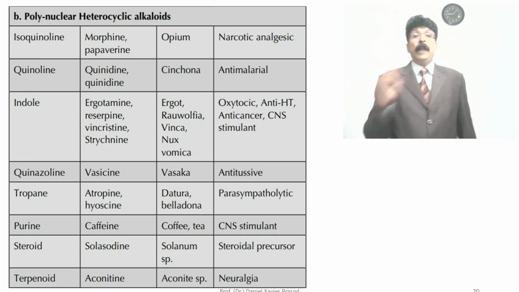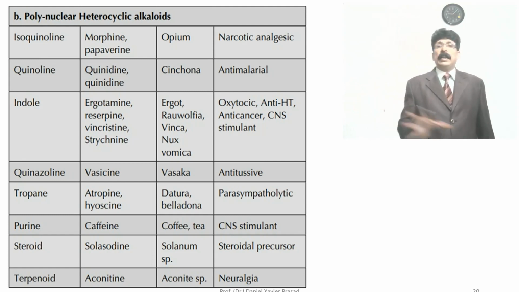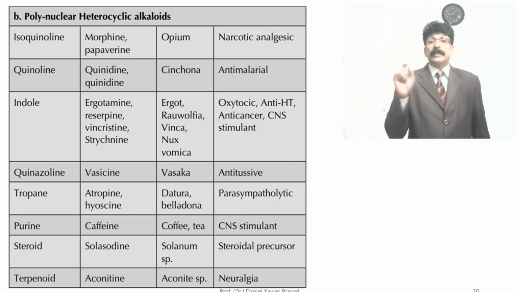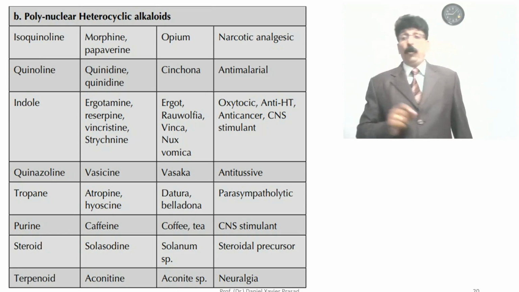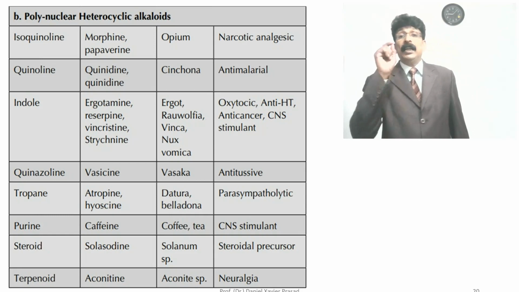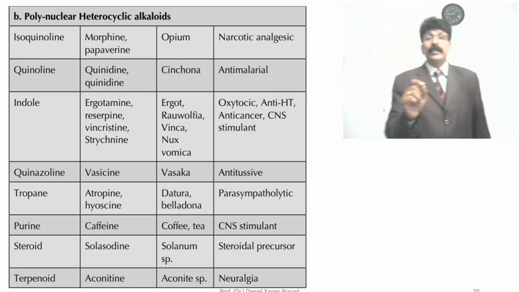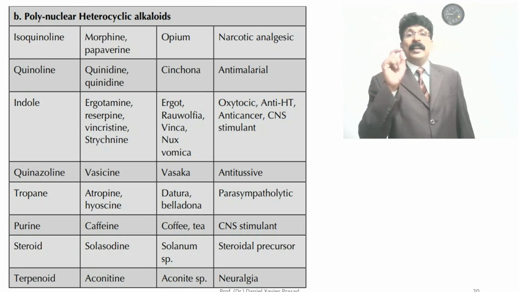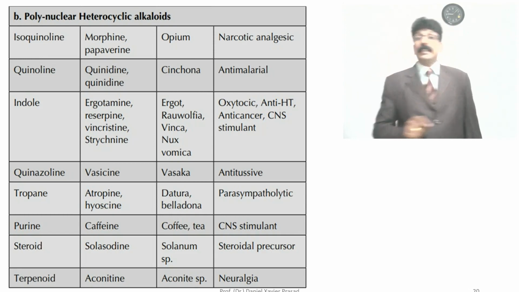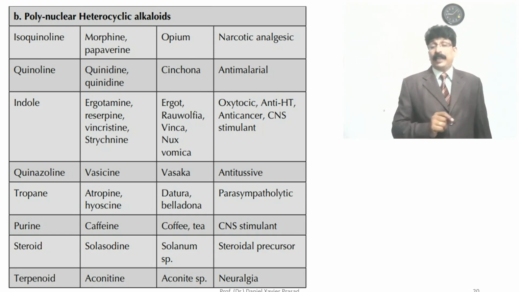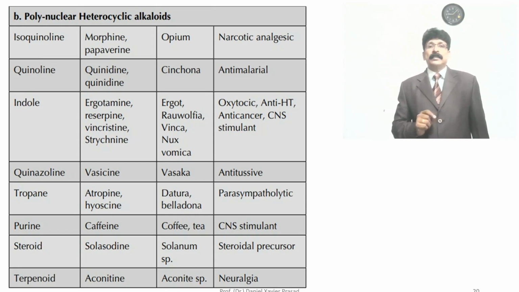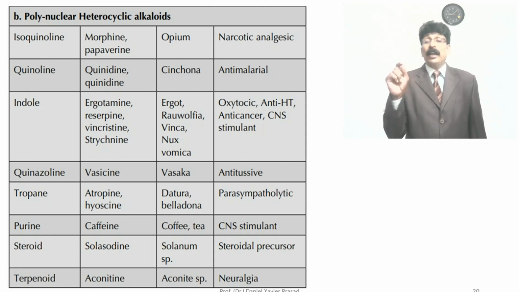And polynuclear heterocyclic alkaloids, isoquinoline, example morphine, papaverine, opium species, and they are narcotic analgesics. And quinoline: quinine and quinidine are examples present in cinchona, which you studied in the lab, an anti-malarial drug. And quinidine you can use as an